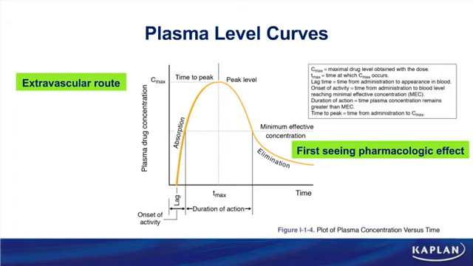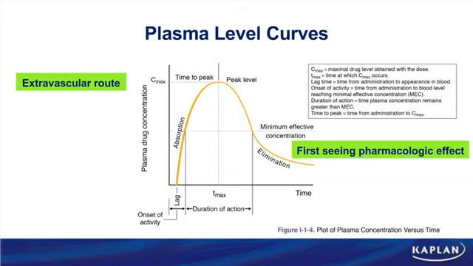How does that influence the absorption, let's say, of a weak acid? If it's a weak acid and I've raised the pH of the stomach, isn't it true that the weak acid is going to be less absorbed? So the shape of this curve, the curve is going to be depressed. It's going to shift to the right. It's going to be slower absorption for that weak acid drug because the stomach pH is higher. That means, for example, it's going to take longer to reach the MEC. My onset of activity is going to be increased if I'm taking antacids at the same time as a weak